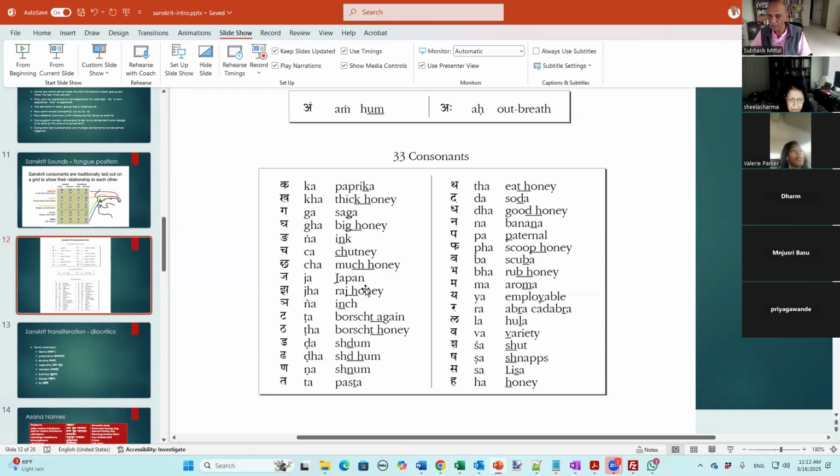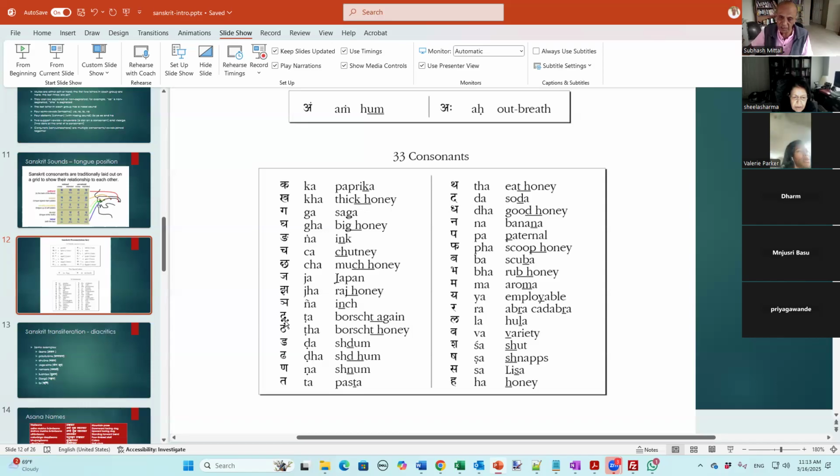In Sanskrit, they are called Alpaprana and Mahaprana. That's the Sanskrit name for these aspirated sounds. Prana is the air. Mahaprana is the great air. That means your effort is to put a lot of air out of your mouth when you're doing that. Okay, so this is nya. This is inch. That's a good approximation. Inch. Nya. Very good.